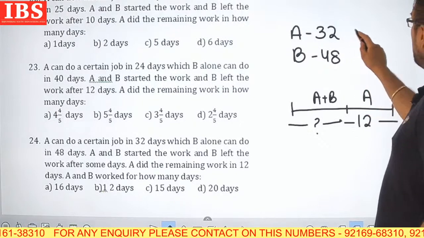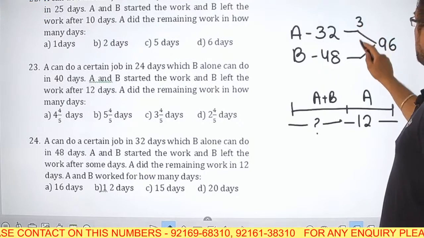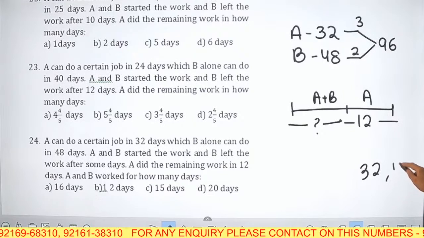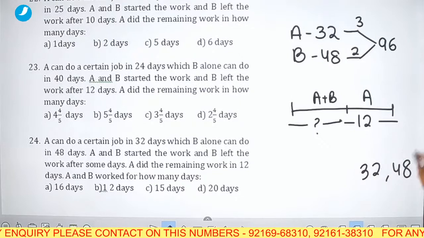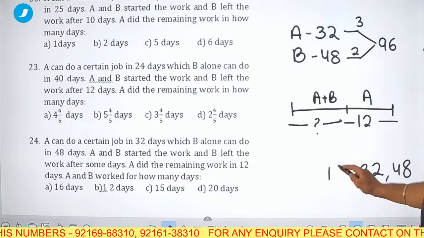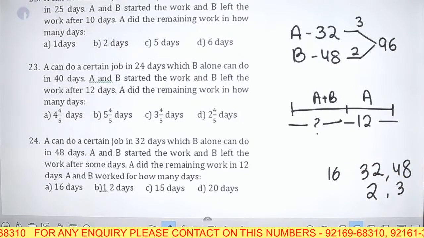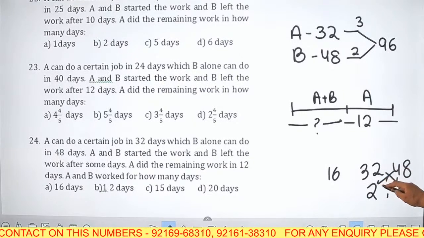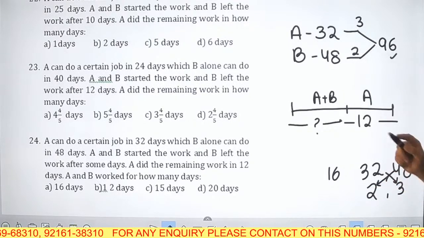Okay. So firstly we'll take the LCM of both these, that is 96. How do you take the LCM? Let us suppose that you want to take the LCM of 32 and 48. First cancel these two values by a common factor, that is 16. This is 2 and this is 3. Then you cross multiply. 48 into 2 is 96. 32 into 3 is also 96. So 96 will be the LCM.